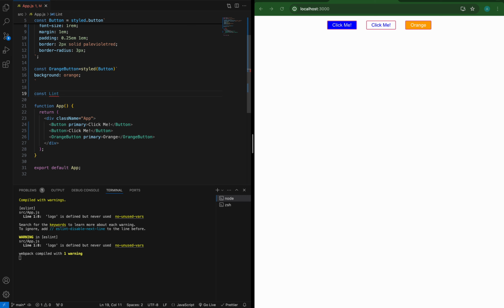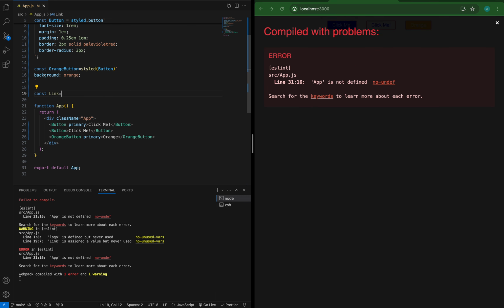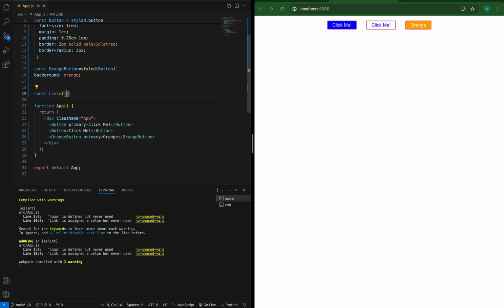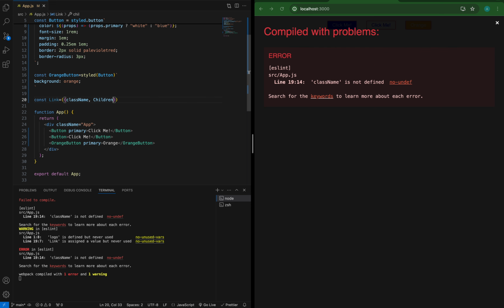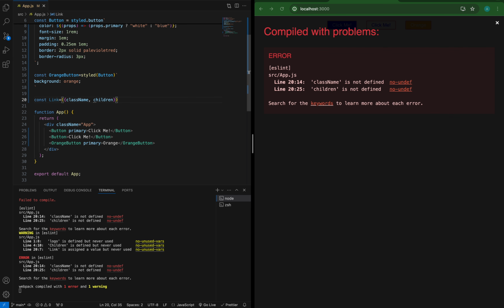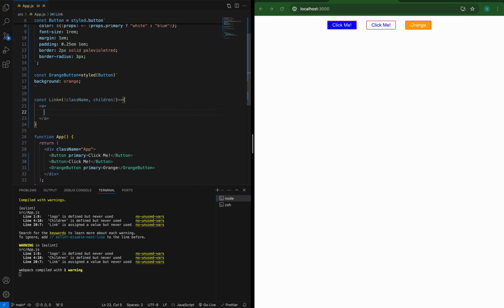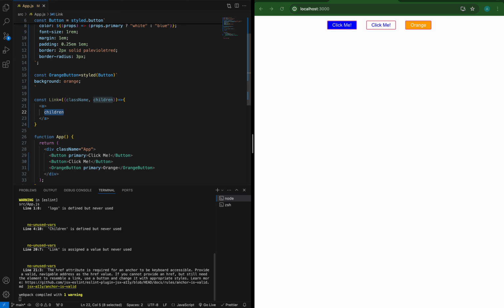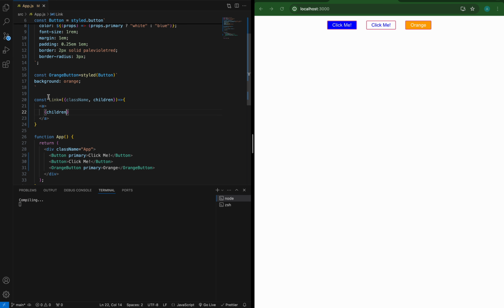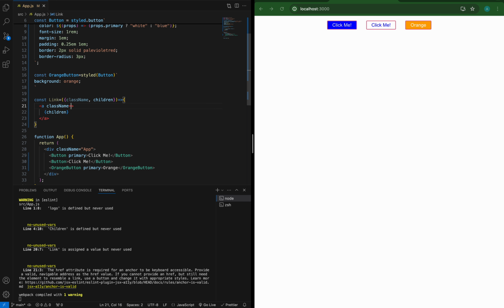For example, its name is link, and it takes className and children as props, and we have an a tag, and the children go in here, and I have a className as this className. Okay, I have this simple link, and I'm going to use this